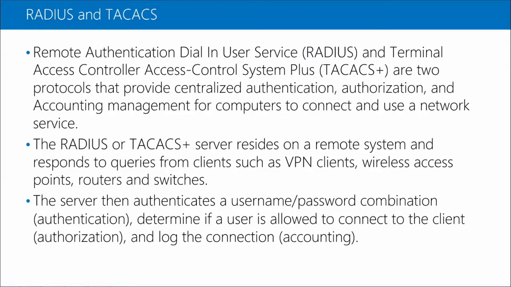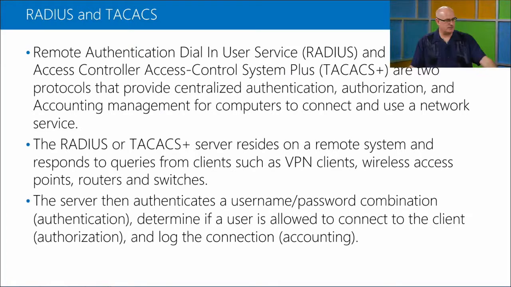RADIUS and Terminal Access Controller Access Control System Plus are two protocols that provide centralized authentication, authorization, and accounting management for computers to connect and use a network service. They reside on a remote system and respond to queries from clients such as VPN (virtual private network), wireless access points, routers, and switches. The server then authenticates a username and password combination (authentication),